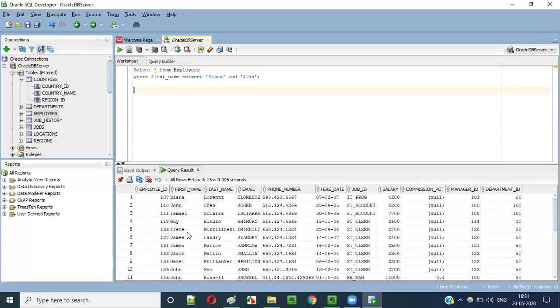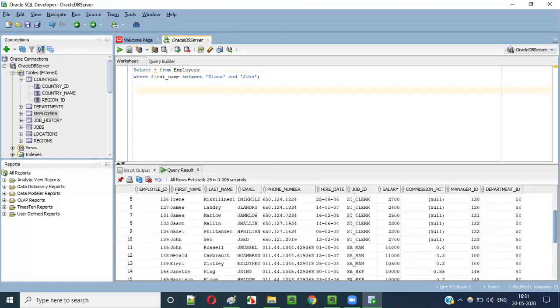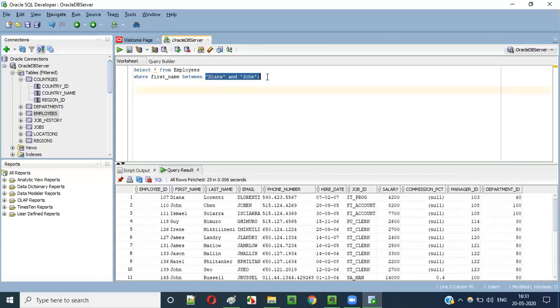Though we got the perfect results for whatever query we have written, it's very hard for humans to find out whether we got the exact records or not, because it should start from Diana and end with John according to the ascending order, right? So D, E, F, G, H, I, J, up to that only the records should come, till the John record only. But here, since the records are not sorted in ascending order of the first name, we are not able to understand this.